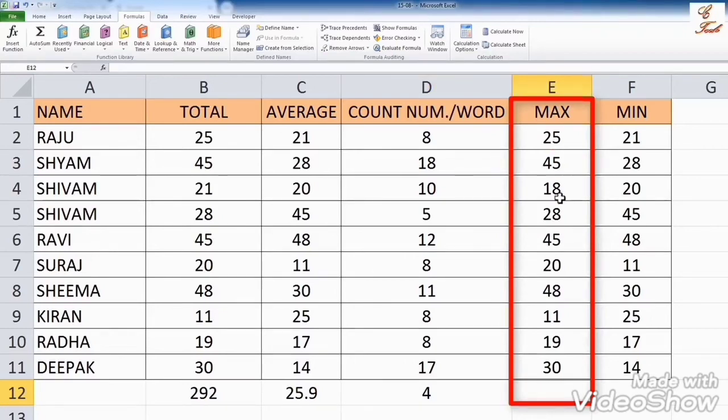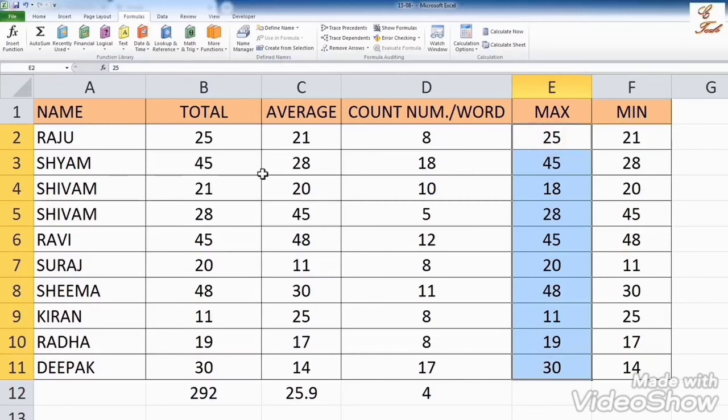In total, in the E column 10 numbers are there, and in those 10, I want to find which is the maximum value. Then I will use the max formula, equal to max. Otherwise I will select the E column and then click on the max formula, and the answer will automatically come there, 48. See properly, in those 10 numbers, 48 is the biggest number, the maximum number.